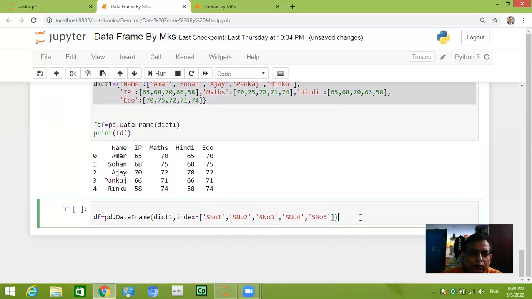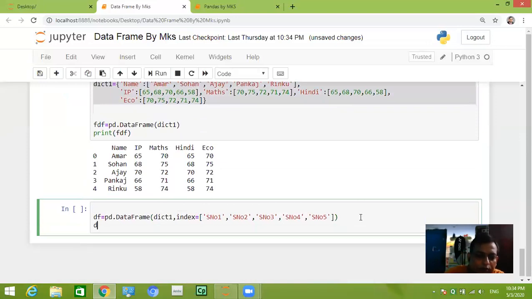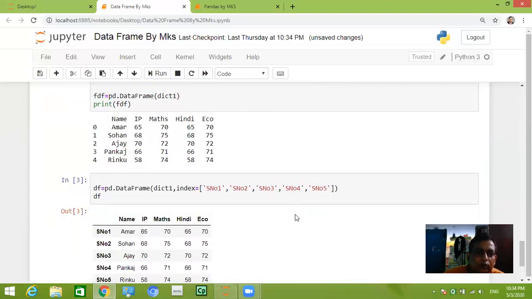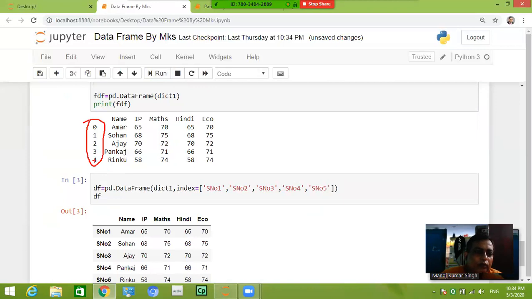Suppose we write this one and run, what will it show? See, it has changed the index 0, 1, 2, 3 to our given user defined index, that is serial number 1, 2, 3, 4. So you can write like this to change the index.